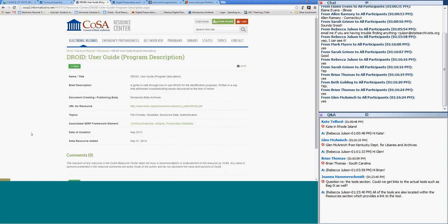...to the page for that specific resource, so it tells me what it is, it gives me a brief description, tells who created it, it provides me with the resource link. The topics I'll show you when we get to the advanced page are related to this resource. The framework element, these links go back to the preservation metadata or integrity or technical expertise SERP